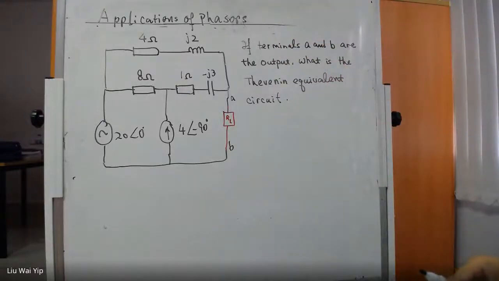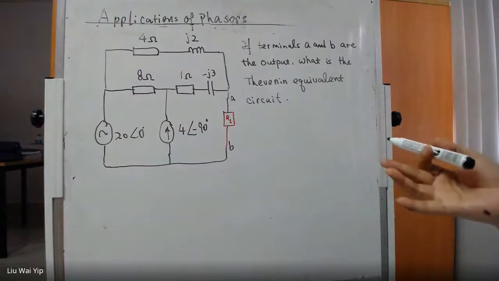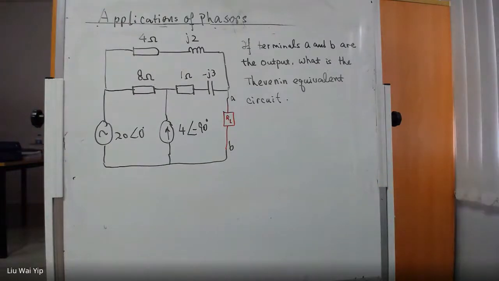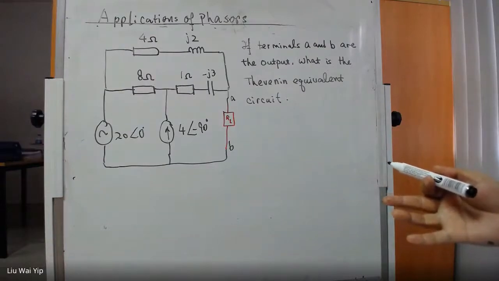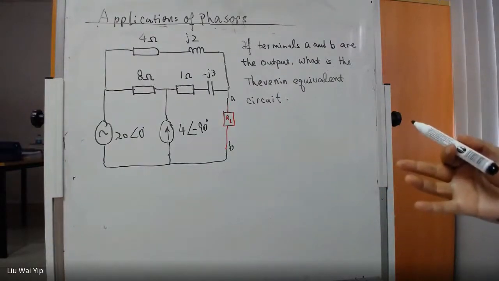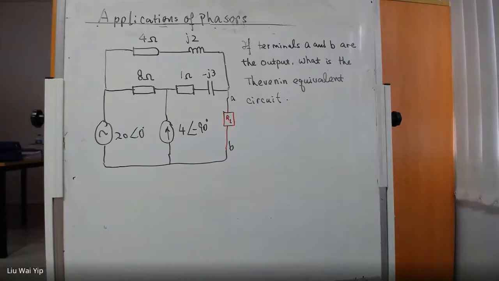And as I already told you in the last video, we can apply Ohm's law for the AC circuit, and we can do that in much the same way as we do for the DC circuit with only